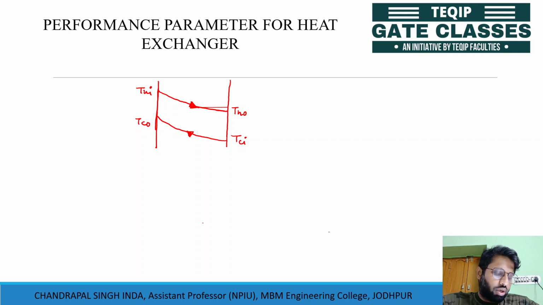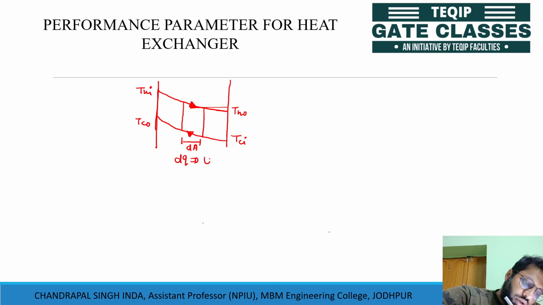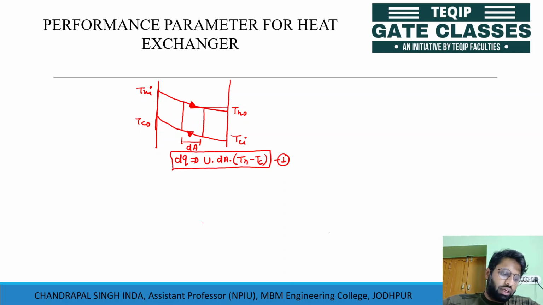So to analyze, let's consider the small elementary area in the heat exchanger, that is equal to the dA, and heat transfer across this area through the heat exchanger is delta Q is equal to the overall heat transfer coefficient U multiplied by surface area and the average temperature difference, that is equal to the Th minus Tc. This is our equation number first,